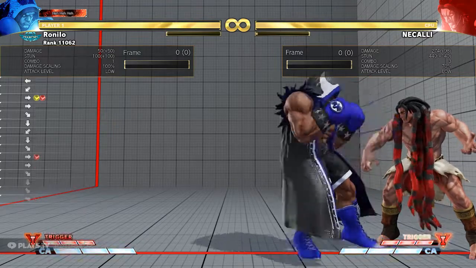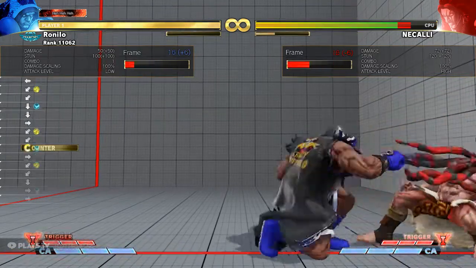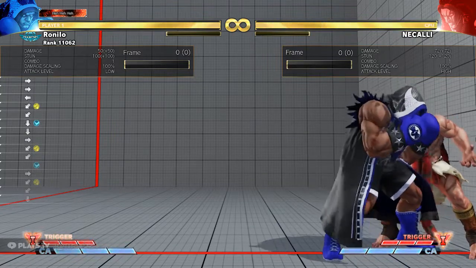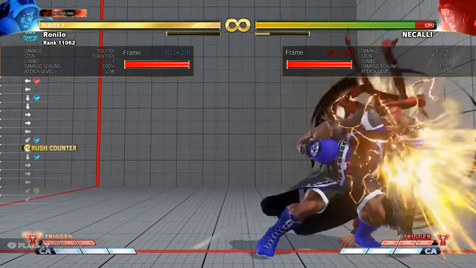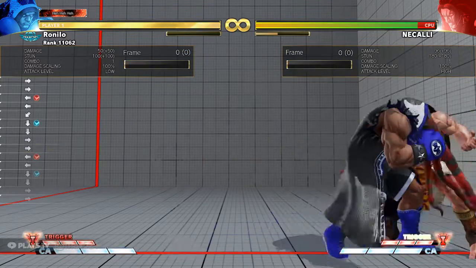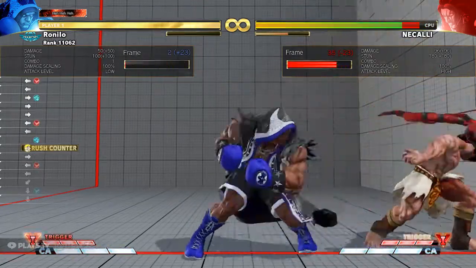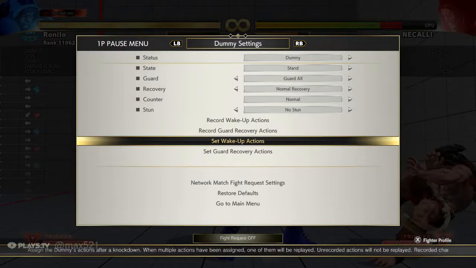So yeah, standing light kick into crouching medium punch, 5 frame gap. Same with crouching light kick. Standing light kick into heavy kick, 8 frame gap. And standing light punch into that. That is something you can do as well, and if you do it on tip,